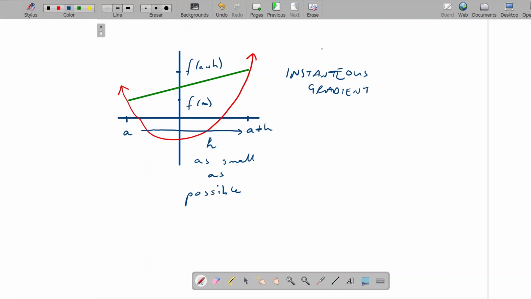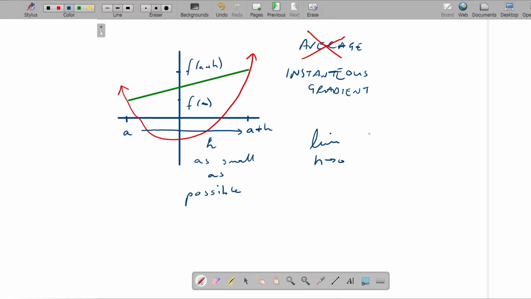no longer looking at the idea of an average gradient. This idea of an average gradient, we are trying to put to pasture, we are trying to put to bed, and we are now trying to find the idea of an instantaneous gradient. And so what we're going to do for that is we're going to say, let's consider what would happen if we took the limit as h tended to naught